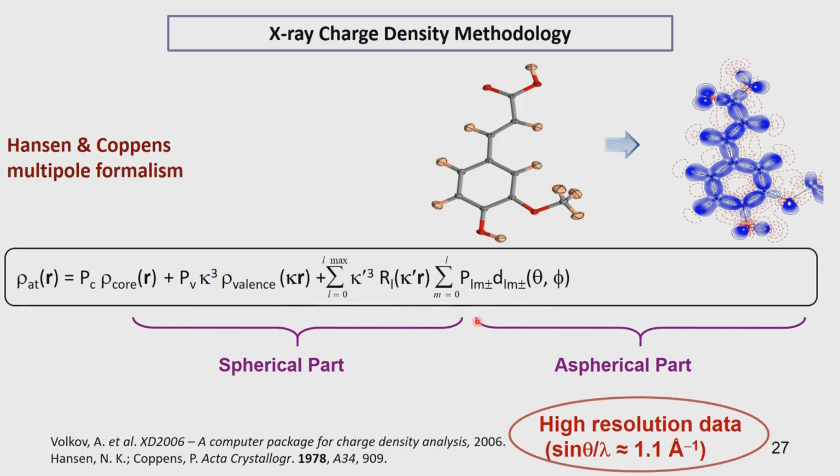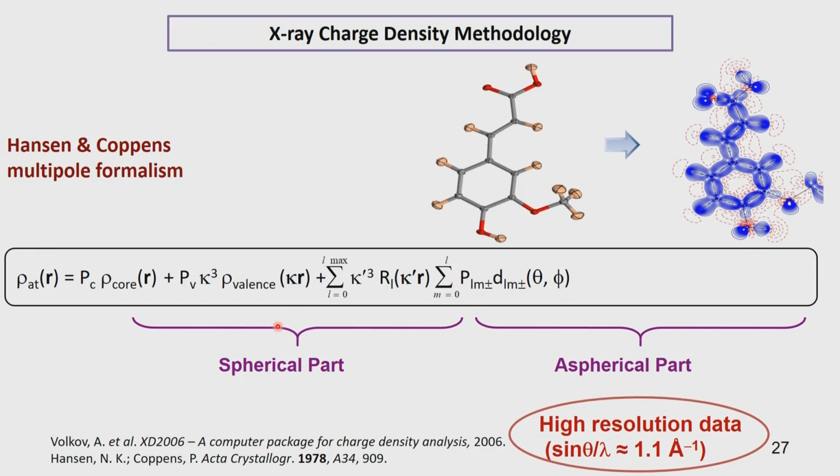In fact, every atom earlier had x, y, z and 6 thermal parameters, so that made it 9 parameters per atom. Now along with these 9 parameters, we consider the atom to be a multipole. That means the atom is now associated with a monopole which contains the number of electrons. Then it is also associated with a dipole, which will have 3 parameters: 1 parameter for the monopole, 3 parameters for the dipole, and then 8 parameters for the octopole and so on. So, we will keep increasing the number as we go higher and higher to describe the atom.